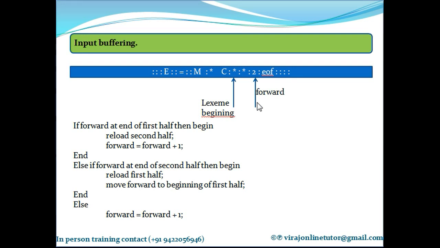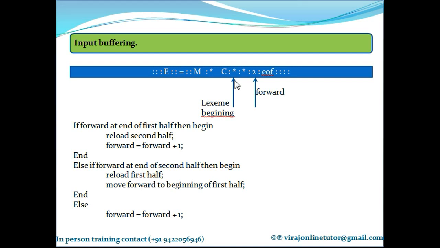To reduce the amount of overhead required to process an input character, we use a buffer that is divided into two n character halves. In this buffer on my screen, let's consider that I'm dividing it into two halves, two n character buffer halves. The first half is till this asterisk, and there is a line here, and the second buffer half starts from character C till the end. This is one buffer and this is buffer number 2. Each buffer is made up of up to n characters.